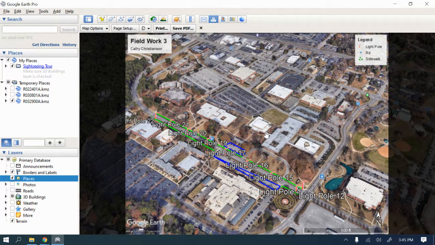Wait, follow it. The draw. What's that called? What do you call it? That's why I like to